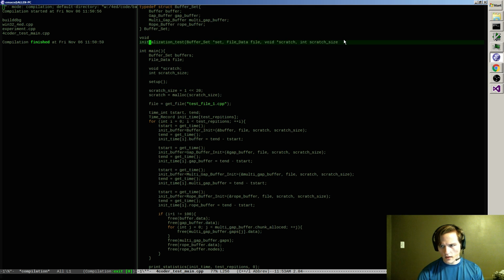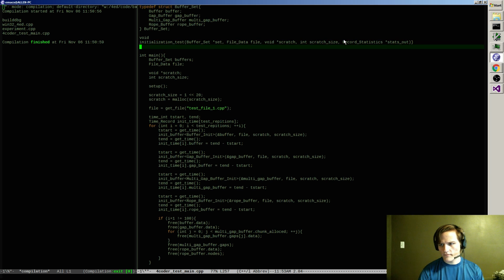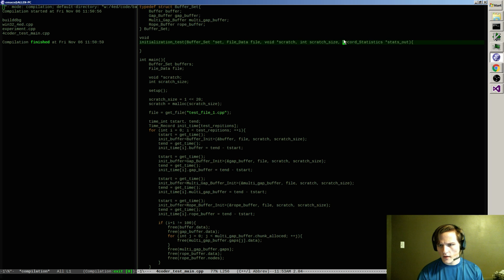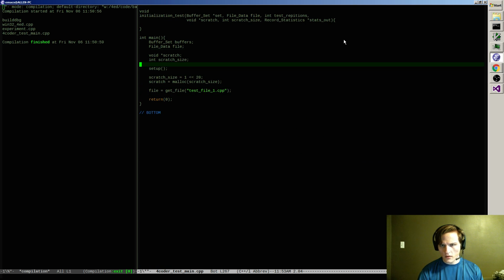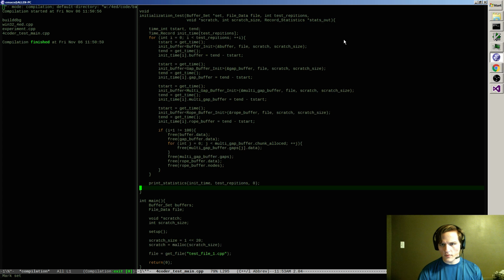And then it can optionally output record statistics, stats out. And the other thing I want is void test repetitions. Right, okay. So now I can grab all of this junk, drop it right here.